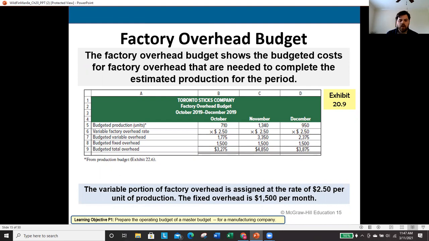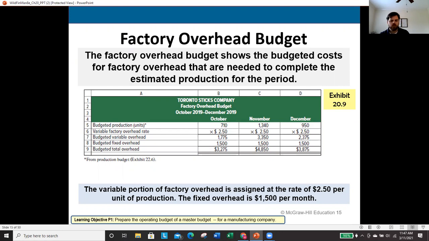So we'll come in and we will recognize that overhead has, once again, two components. We have variable overhead and we have fixed overhead. We've seen these two pieces earlier in the semester, back whenever we were looking at the difference in how absorption and variable costing worked. We started really delving into this idea of fixed and variable overhead components. Well, here we're seeing it pop up again, just in a different light.